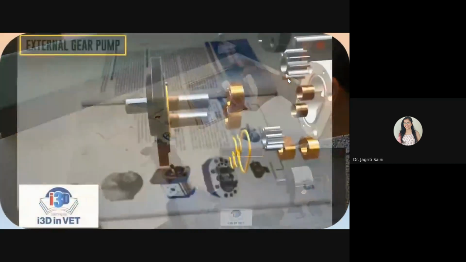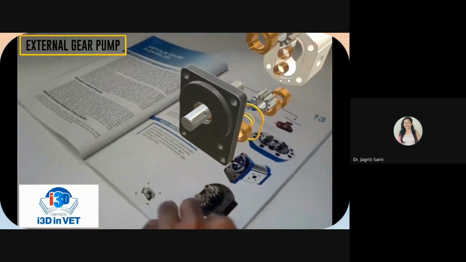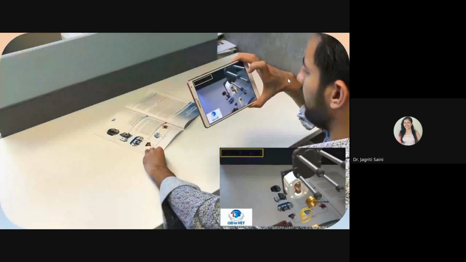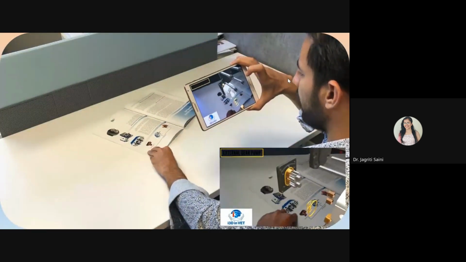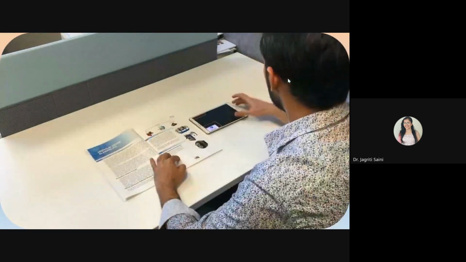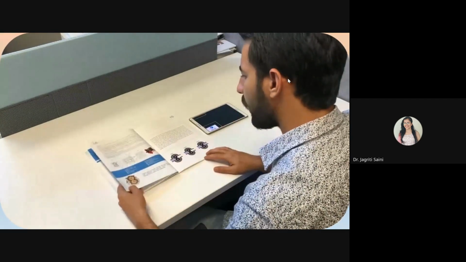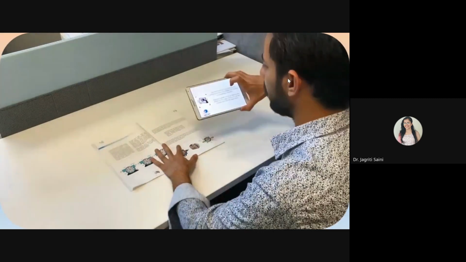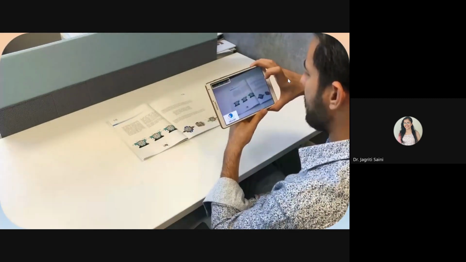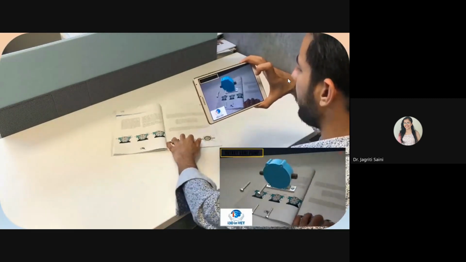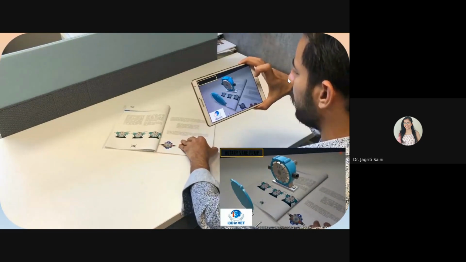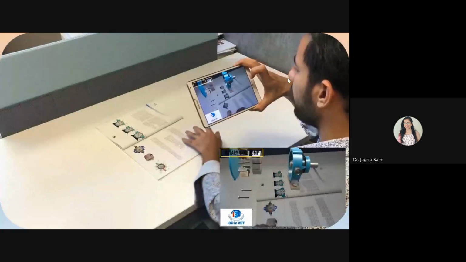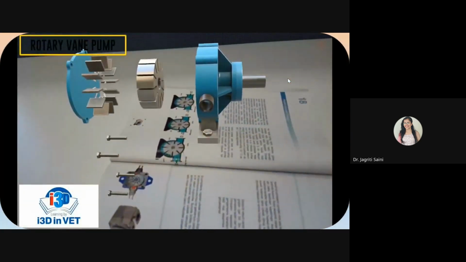This is called the drive gear because it is driven by a motor, and it in turn meshes with and drives the movement of the second gear. A rotary vane pump is a positive displacement pump that consists of vanes mounted to a rotor. The vanes are on an off-center drive shaft.